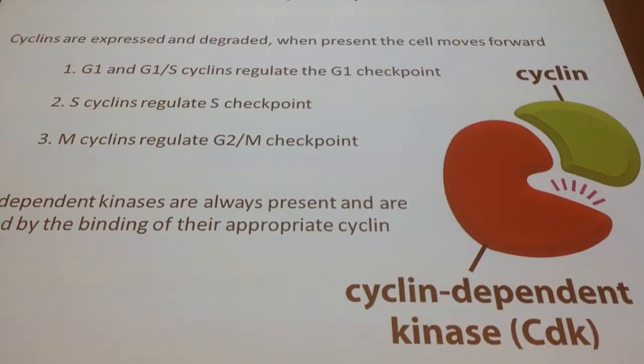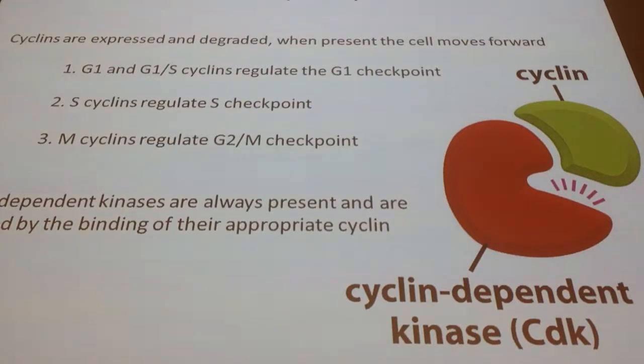So checkpoints are controlled by something called a cyclin-dependent kinase. It's a kinase, a phosphorylating enzyme. All CDKs have to dimerize with a cyclin, and the cyclin is a regulatory protein. Cyclin tells the CDK to function. CDK is a whole family: CDK 1, 2, 3, 4, 5. And there's a whole family of cyclins, A, B, C, and different combinations of cyclin and CDK then regulate different